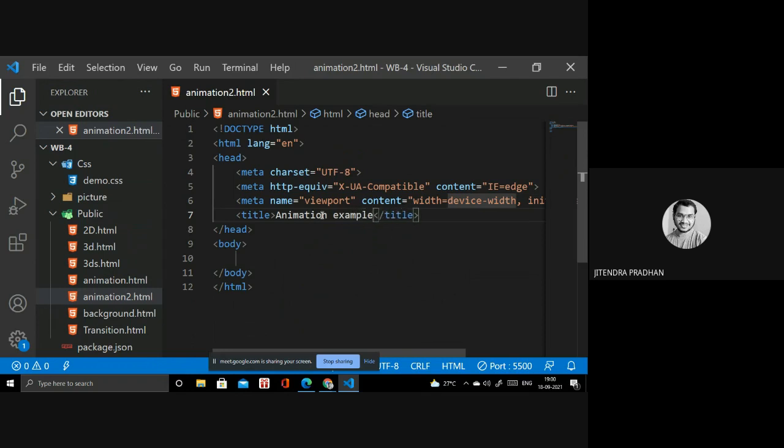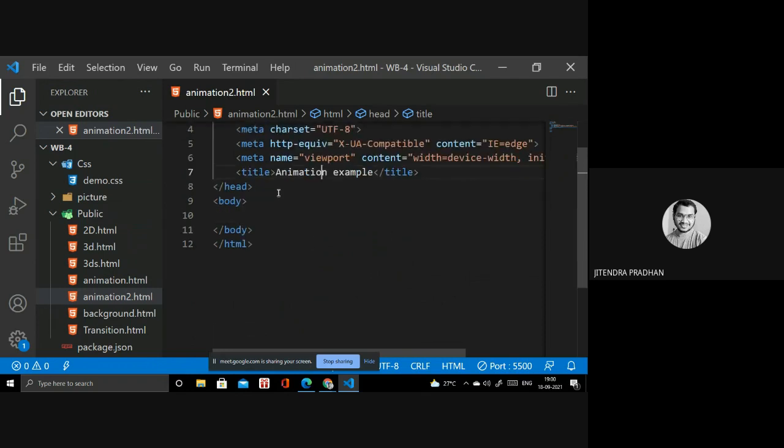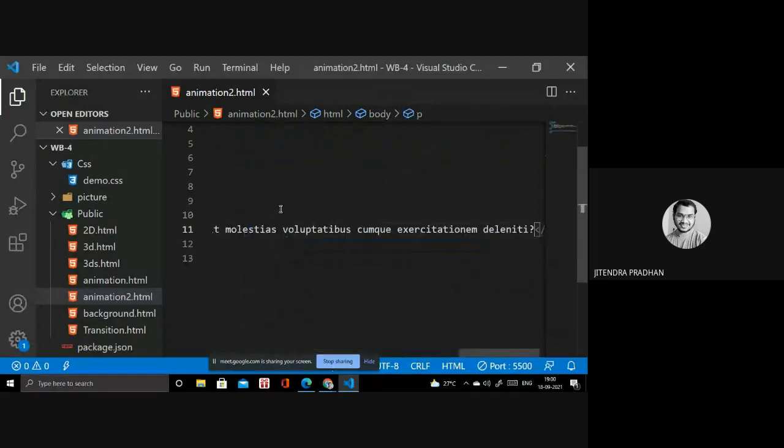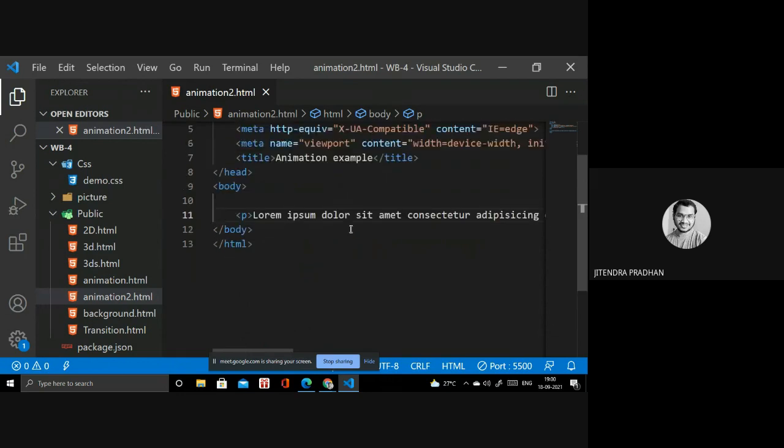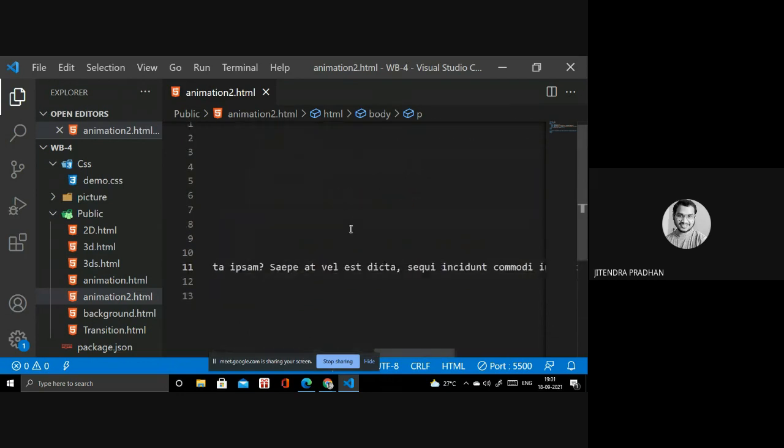Okay, so let's see. Next we have to design that. I will write a paragraph inside. I will write lorem, and you can apply bold as well inside the notation. So next I need a div.